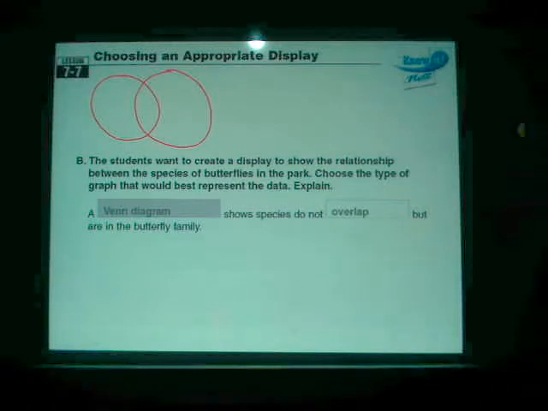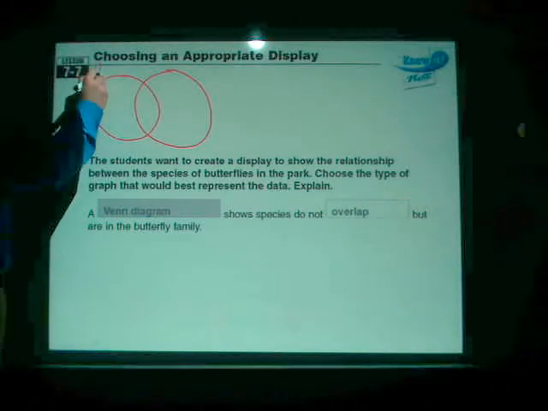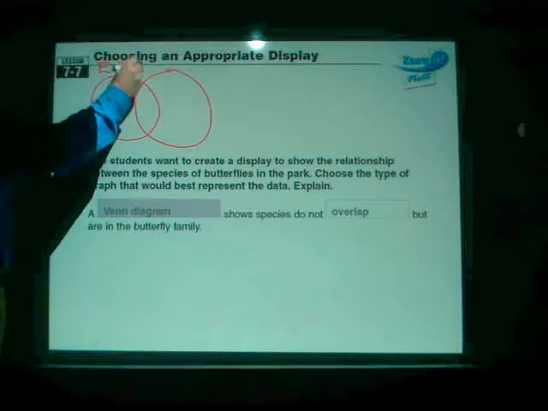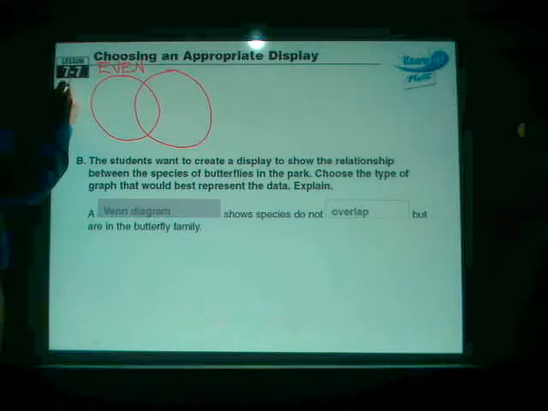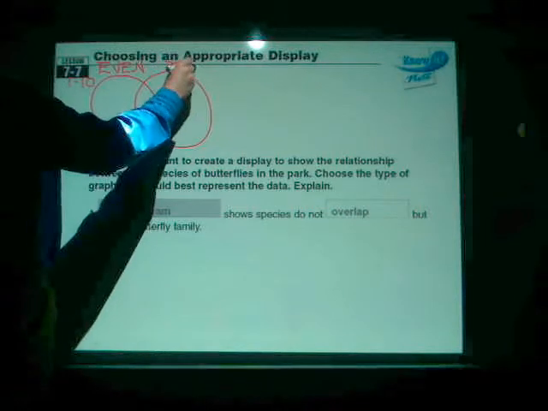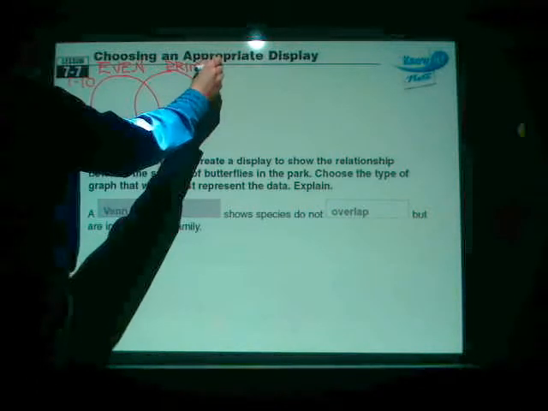So, for instance, let's say that the circle on the left, to bring this to the idea of math, represents the even numbers between 1 and 10, and the circle on the right represents the prime numbers